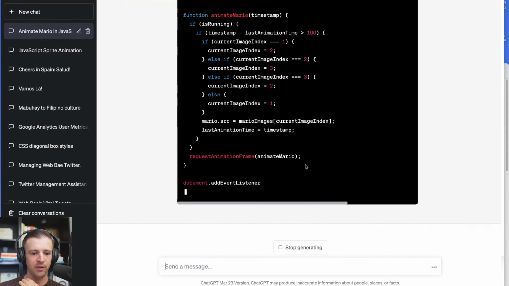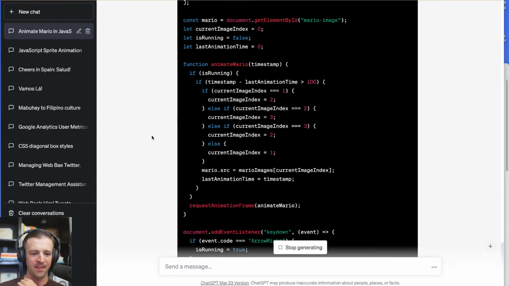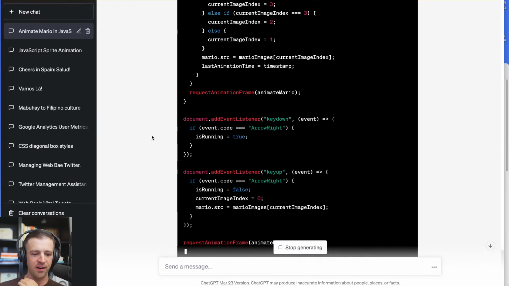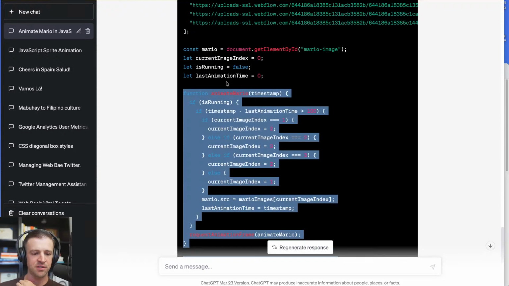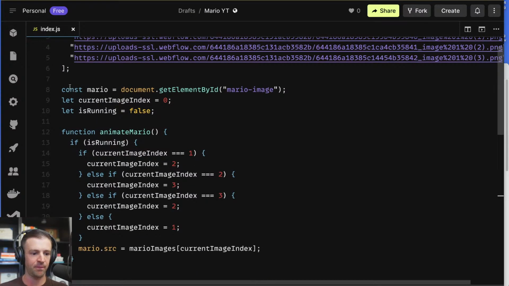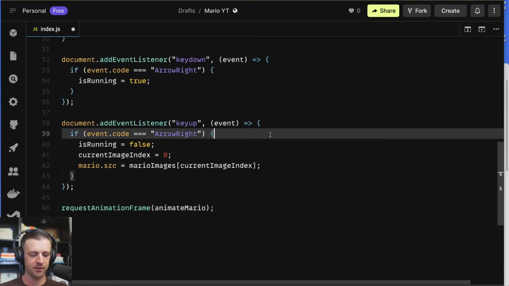So we may need to pull in the code that I wrote, or that it wrote for me the first time. So it's using Animate Mario, request animation frame. I have not experimented that much with it. I've definitely come across request animation frame a few times, but let's see. I think it just runs set interval, but like at a 60 frames per second frame rate, but I'm not sure. So we'll paste that and save,